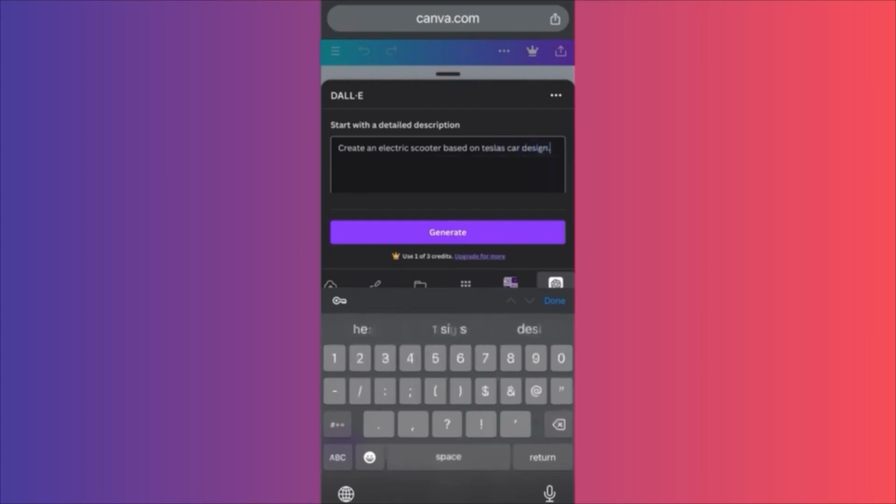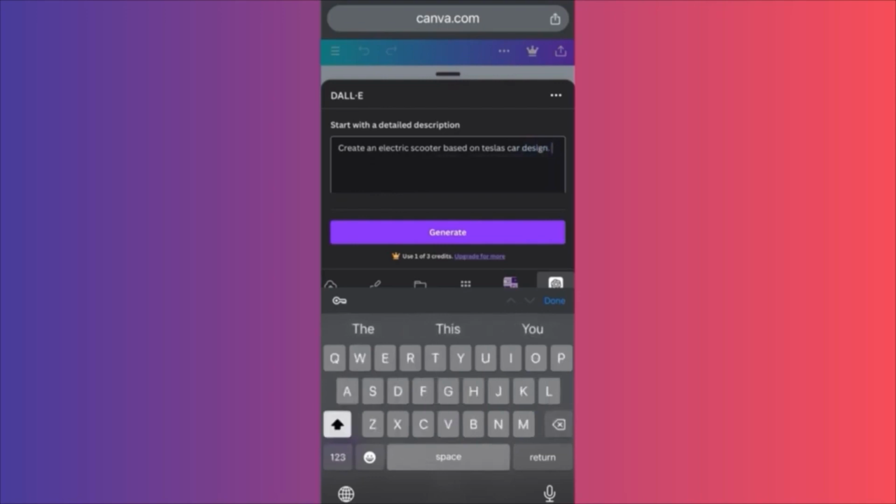And also we are going to say, make it as realistic as possible for a product prototype.